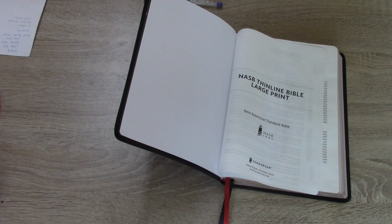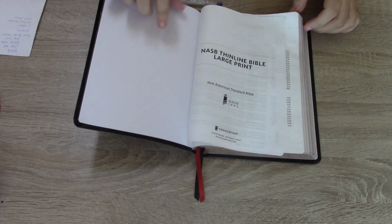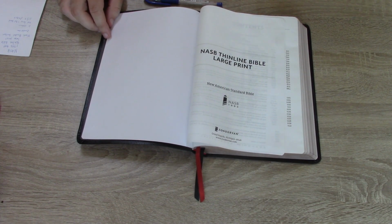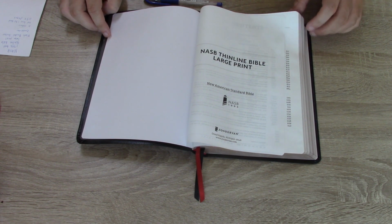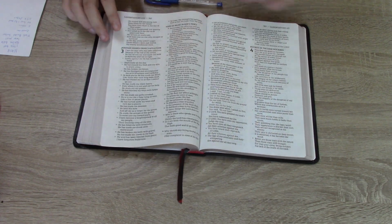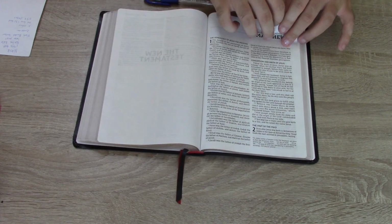Okay, I want to tell you about something though, about this Bible. When I got the Bible, I ordered it from Book Depository before it closed down, of course. And I wanted an NASB. At least, one NASB, because I want to see what other translations have to offer. And I opened it up, started reading immediately, and I'll show you something. So Matthew,